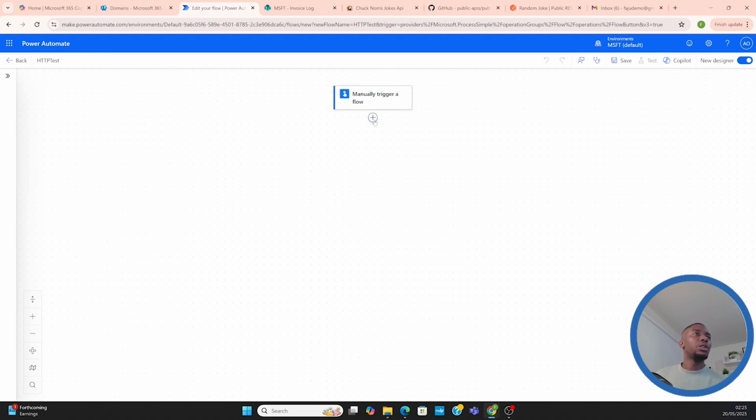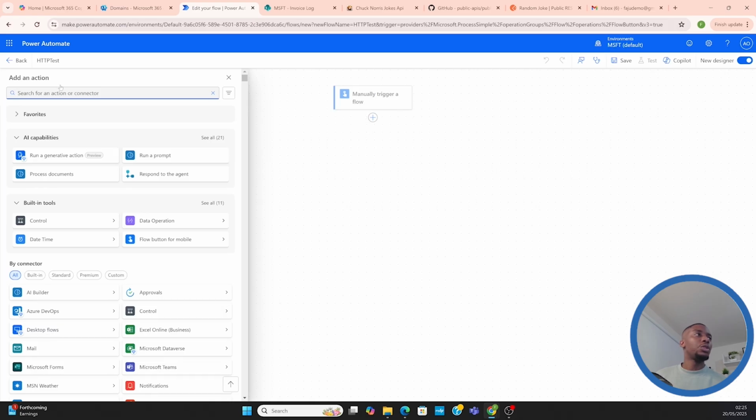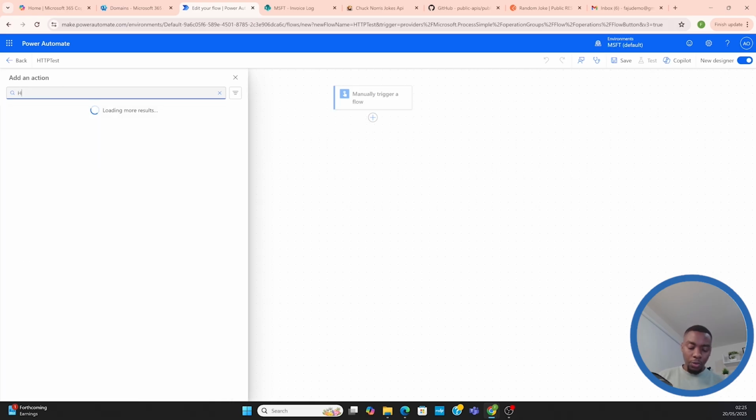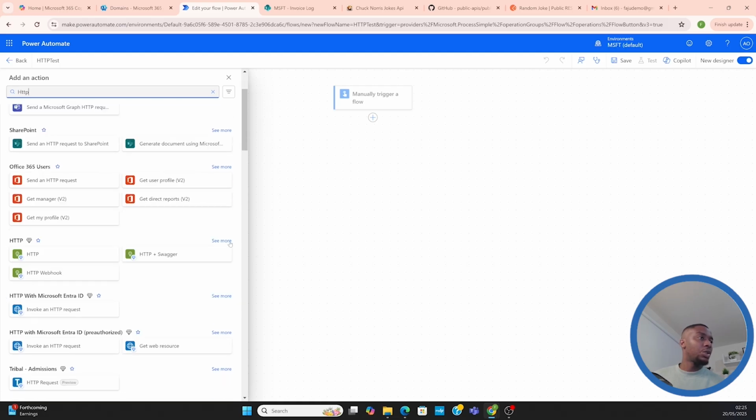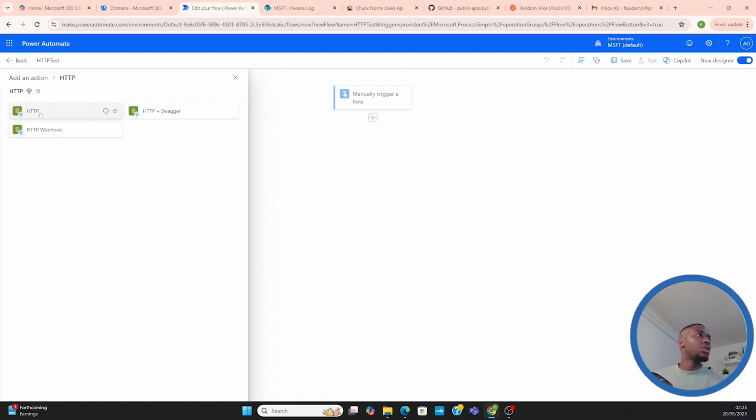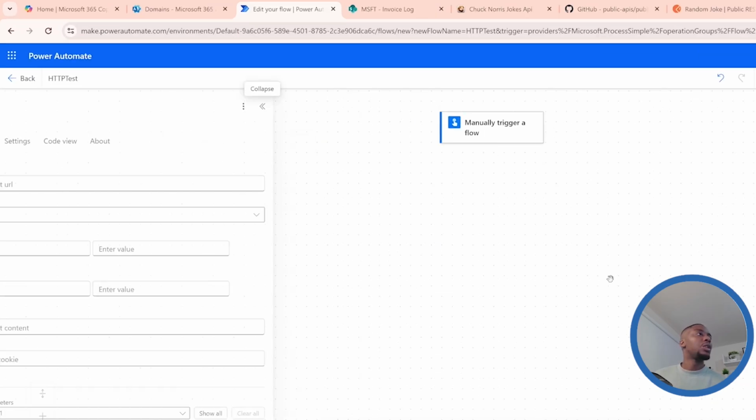Okay, so just like every other connector, we need to search HTTP. Then we scroll down, that's the one. Click see more. This is the one we need, the HTTP, not the one with Swagger or Webhook, the plain one. Click that,